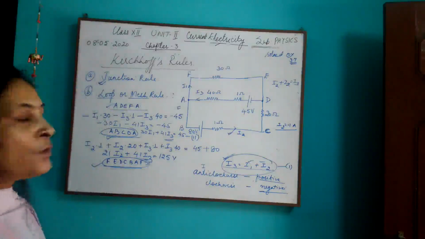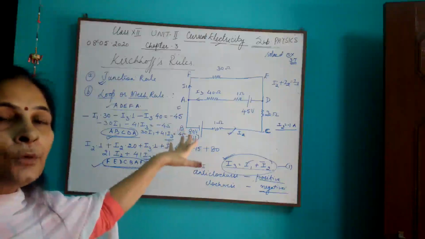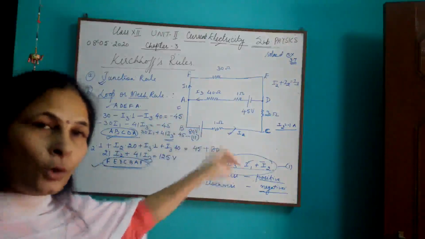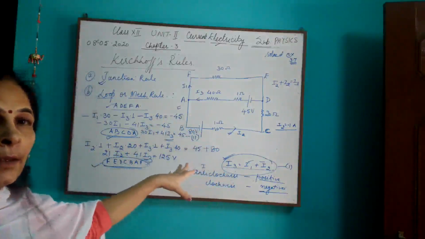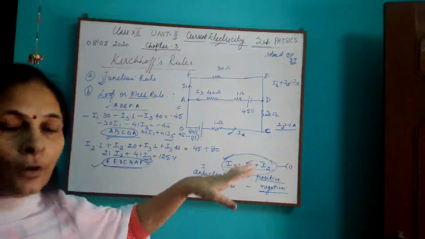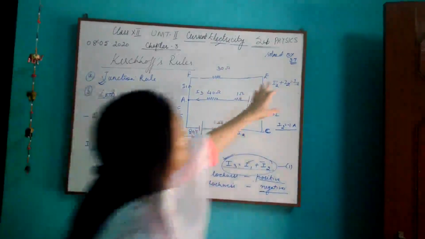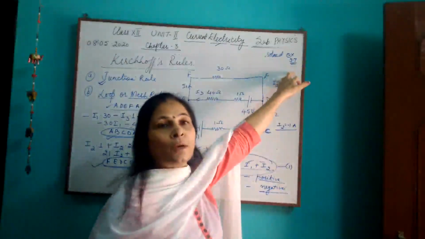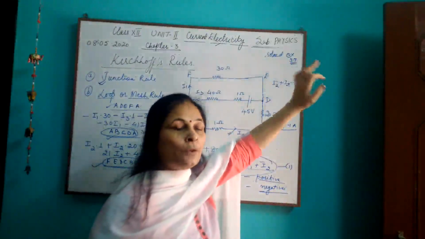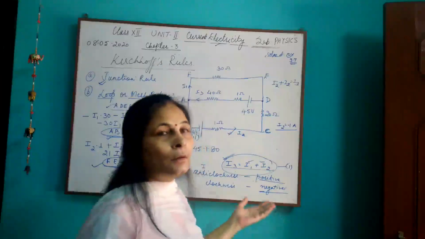So first you try to do this problem. This is an example explaining Kirchhoff's rules in your NCERT book. Go through it. There's one solved example given in your book. I'll just tell you what the example is. That is solved example 3.7. You can try that. Instead of 3.6, do 3.7 first. And then we'll do one or two other problems tomorrow. That will make it clearer.